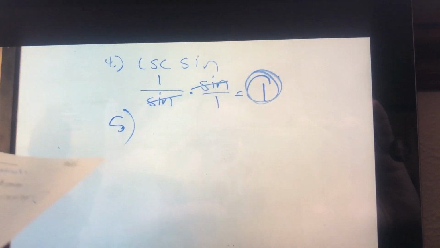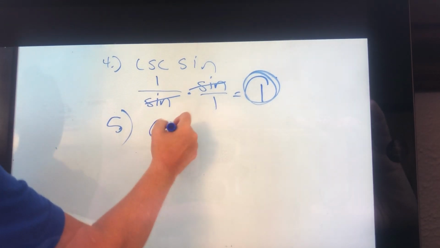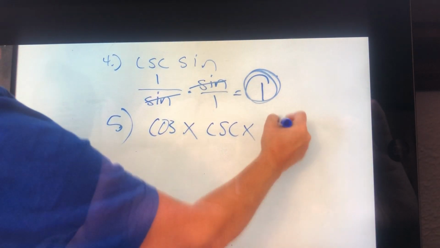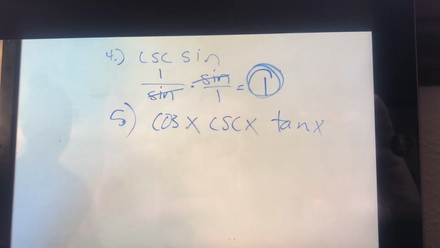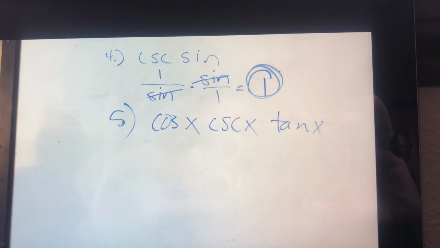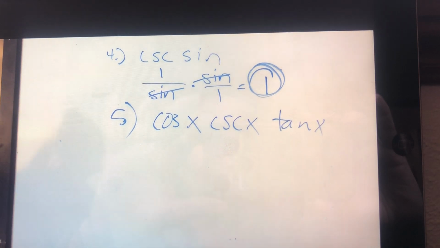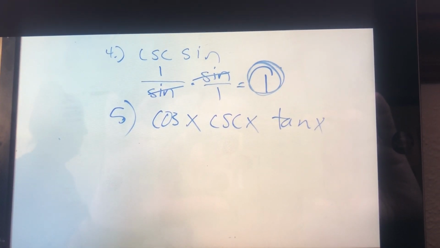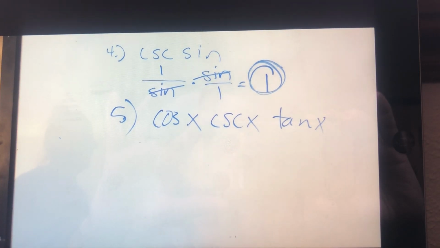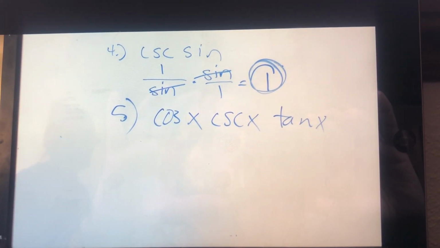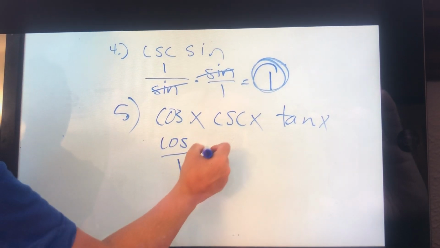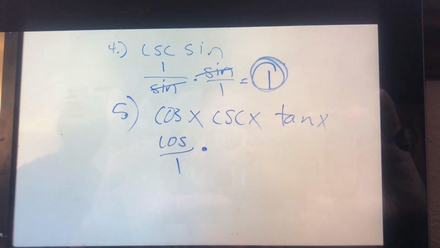All right. Number 5 is all multiplication. Cosine x, cosecant x, tan x. Those are all multiplication. Again, more times than not, I will put them into sines and cosines. Again, I put it in the notes because sines and cosines can cancel out. They can combine and such. In this case, this is already cosine, so I'm going to put cosine over 1. Cosecant would be